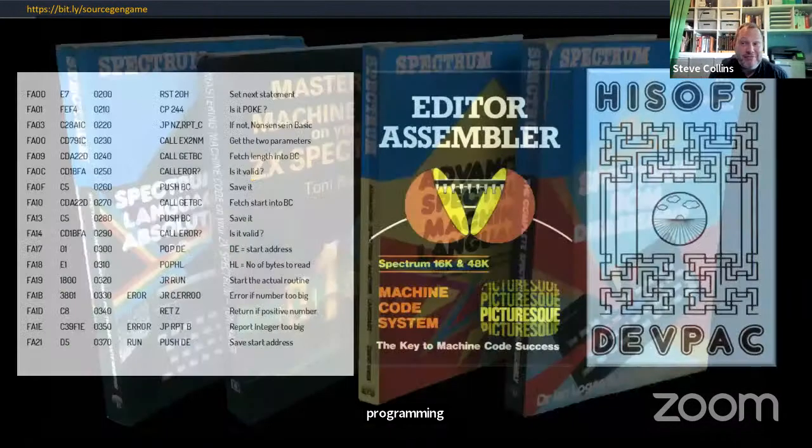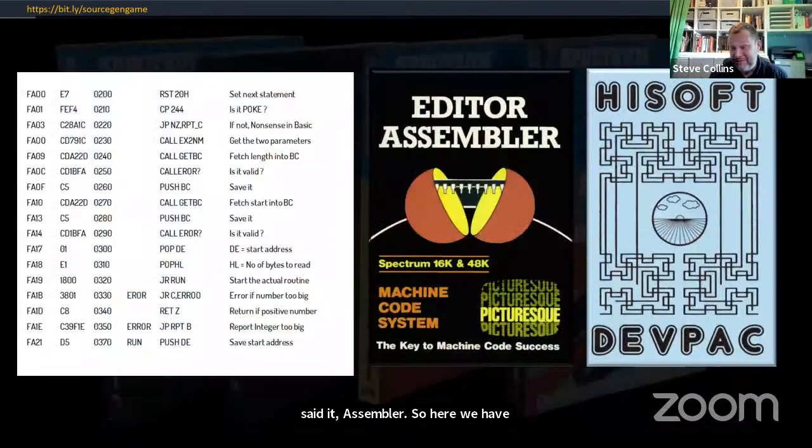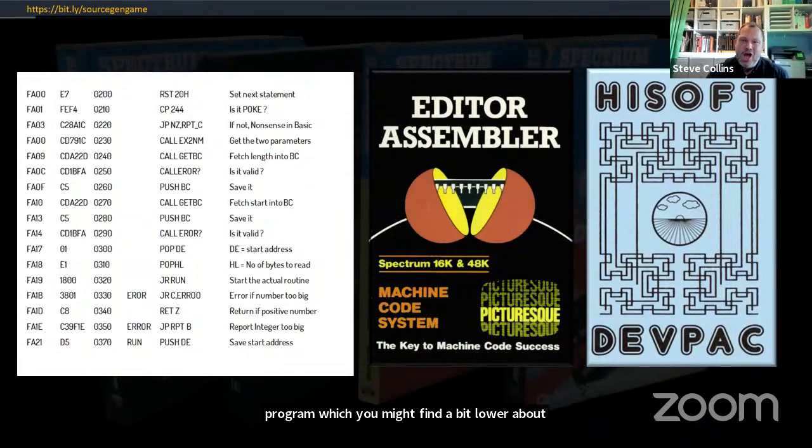So here we have a section of a program, which you might find a little bit more about later, which is only a handful of bytes long. The problem was that in this format, to have something that was, say, just a few K, it would have taken the magazine pages and pages and pages to print. And print magazines were expensive to produce back in the day, well, as they are now, I guess. So you used to find some other way of sharing machine code in these magazines.